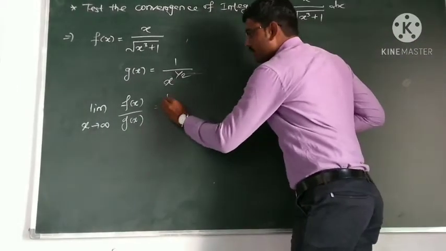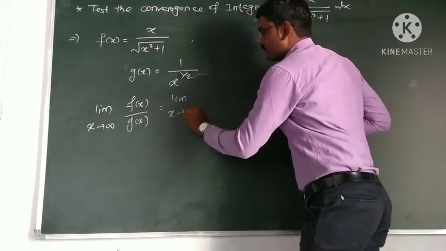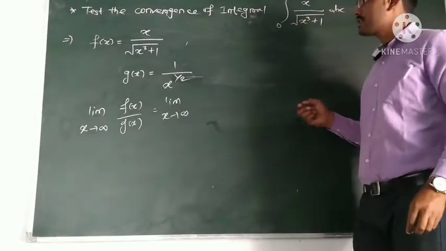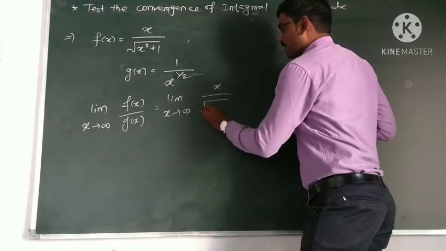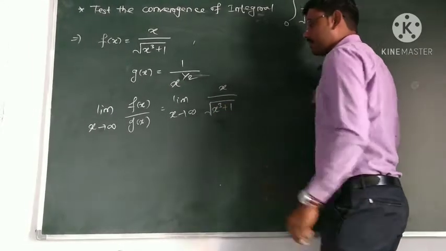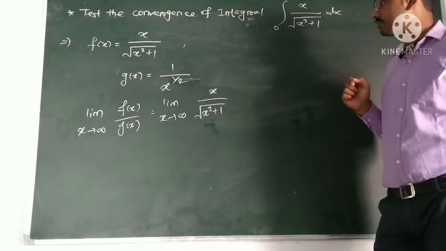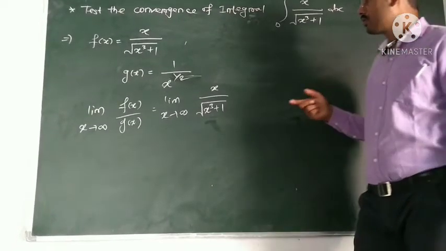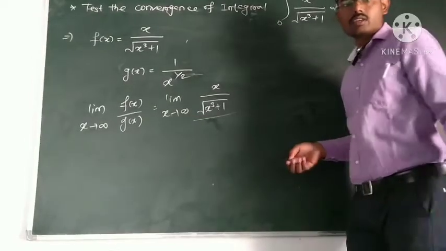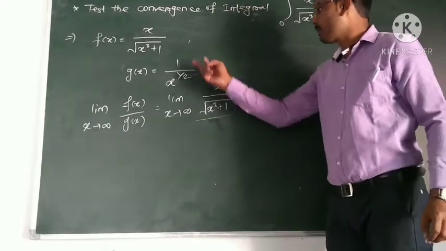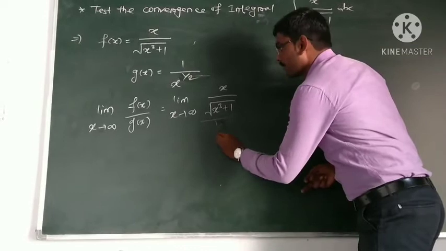This is equal to limit x tends to infinity. What is the f of x? F of x is x upon square root of x cube plus 1. Okay. And now this is our f upon g, and our function g is 1 upon x raised to power